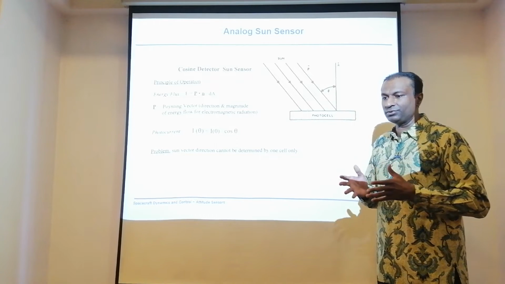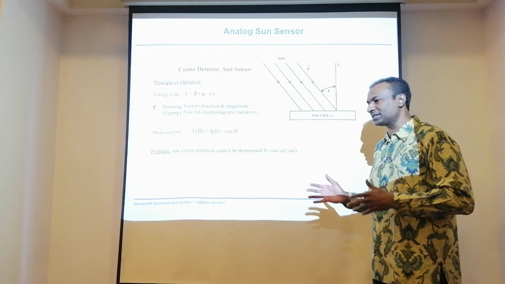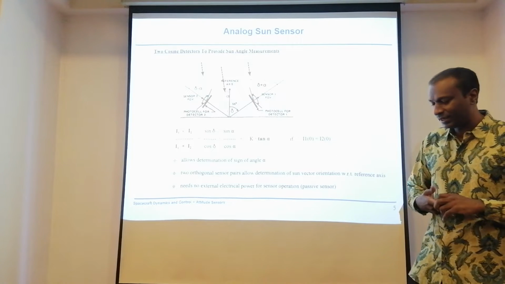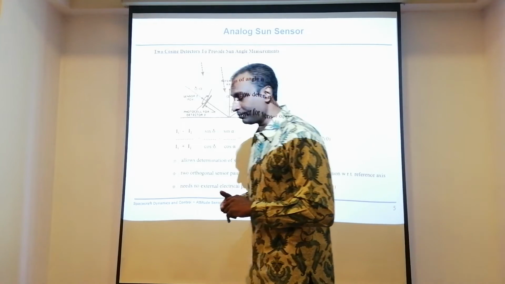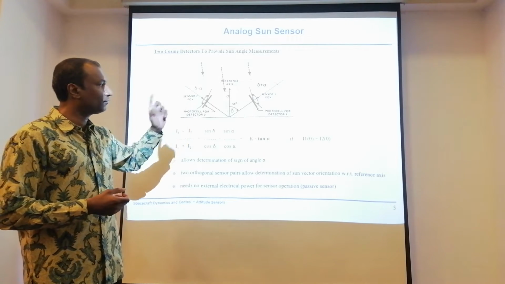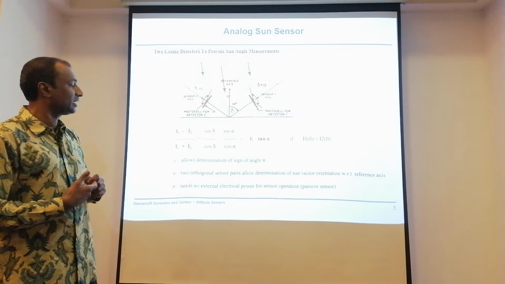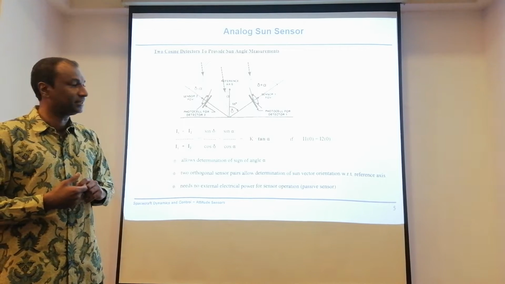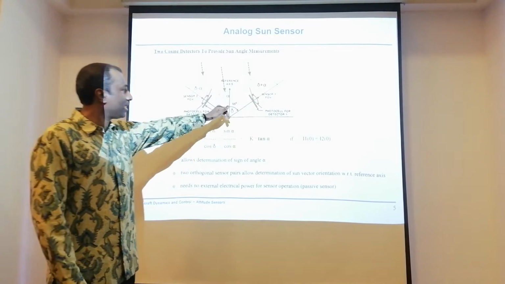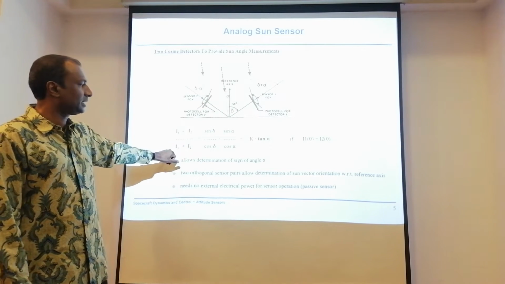That is the reason sometimes we use a cos sun sensor, just to see where we are exactly, where the sun is and where planet Earth is. A bit more: having one, you can't do much. Probably having two, we can do slightly better. Yes, indeed. If you have two of those photocells, just like what you see here, then we should be able to calculate the actual angle. That means where you are exactly heading, how much this particular angle is, that should be able to be calculated. So it's a very simple calculation.